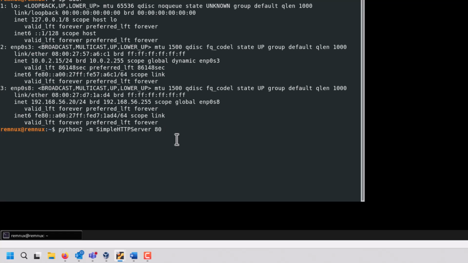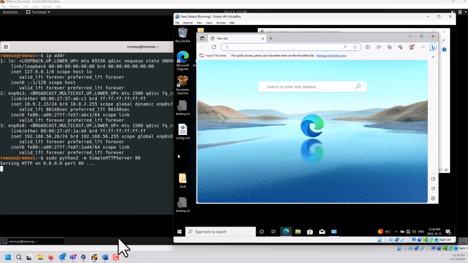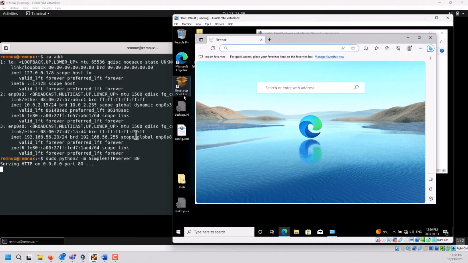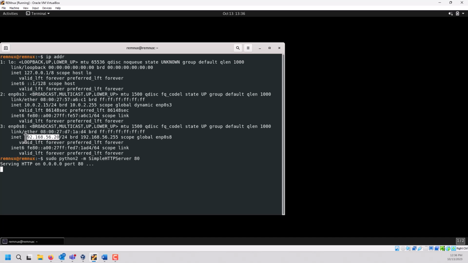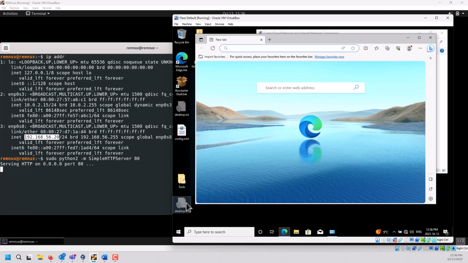But I want to set it up on port 80, which means I need to do this as root. So sudo Python 2 and load the module simple HTTP server, and we're going to load it on port 80. When I hit enter on that, I now have a web server. I can go back and I can attempt to communicate again with that IP address. Even though it is not only my gateway and my DNS server, it's also going to be the web server I try and connect to,